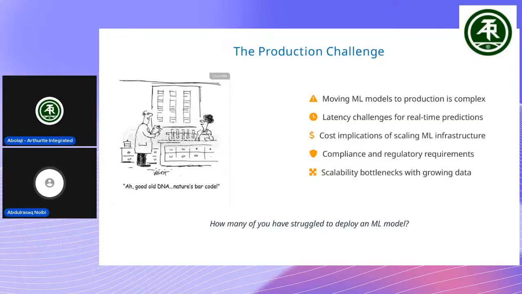If we put all these things together, you know that there's already a problem. Honestly, building a model on a local machine can be easy, but production is where the real work is.